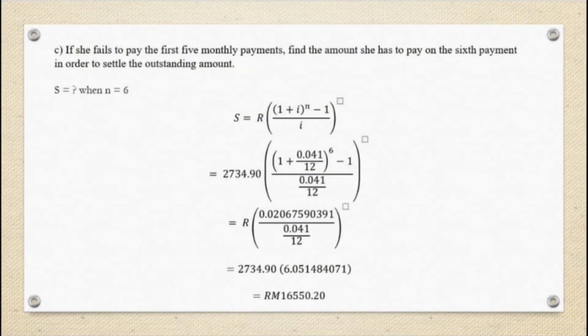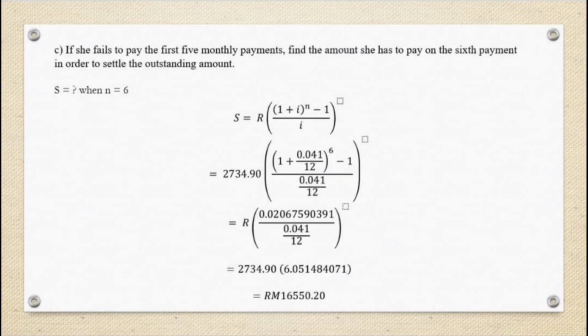Last question. Question C. If she fails to pay the first 5 monthly payments, find the amount she has to pay on the 6th payment in order to settle the outstanding amount. So basically, in this question, we need to find the accumulated amount and the future value of the 5 payments that she fails to pay when the value of n equals 6, because she has to pay on the 6th payment. So to settle the outstanding amount, we have to use a different formula, which is